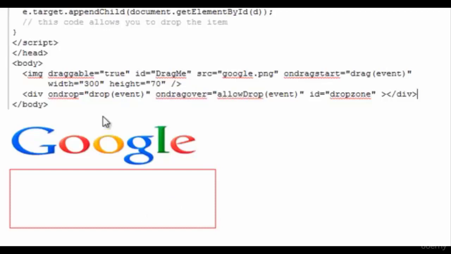So what exactly does this do? Well, it's exactly what it does. You can click our image. You see that I'm moving it around, so I'm dragging it. If I put it over here and I unclick, it moved my image into the red box. So I literally picked up the image and I dropped it in the red box, and the red box moved up because the image that was above it, which is the Google logo, is no longer there.